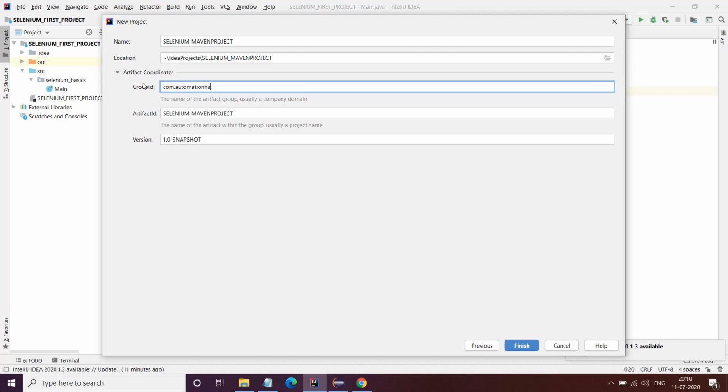automation hub Sarthak dot for Maven project, Maven with Selenium. Okay, something like this. It again depends upon what you want to do. So it's like